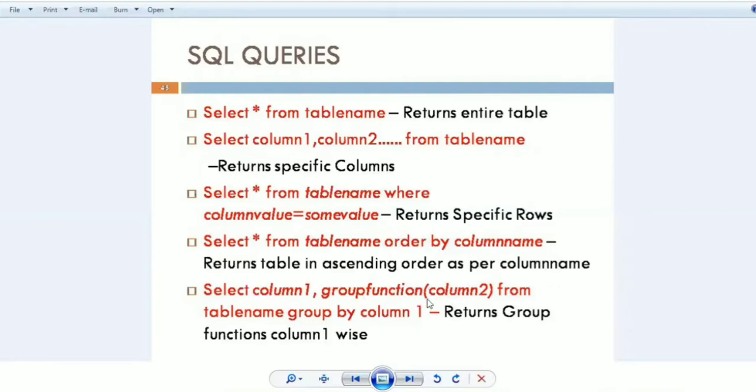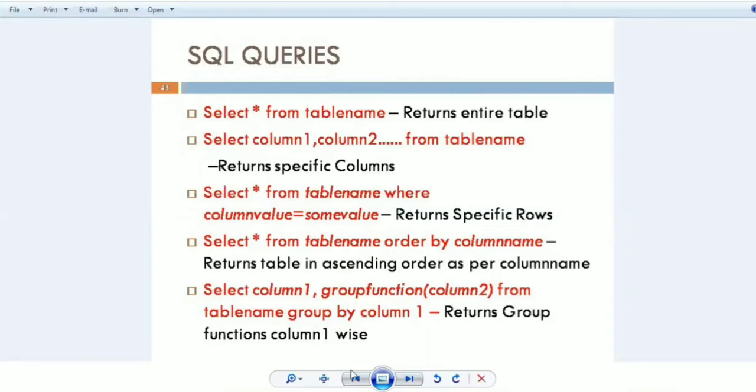If you want to use some group function such as count, sum, max, min, then you can use group by and specify the column. Accordingly, it will apply the group functions. Okay, this was the basic select statement in SQL, the select query which we use to retrieve data from the database.